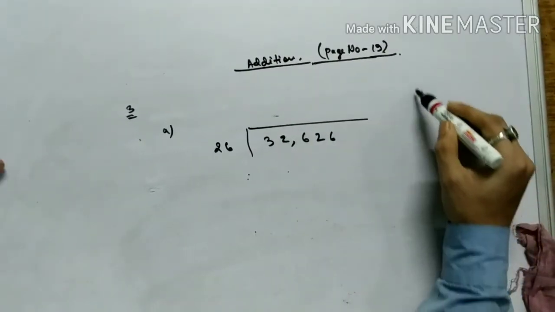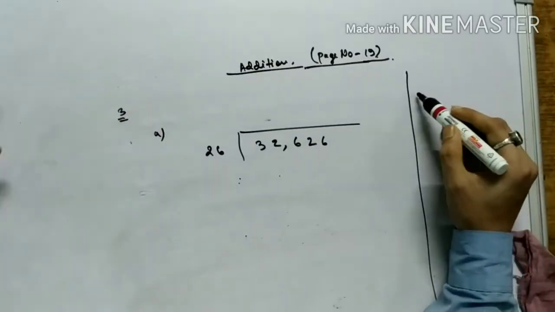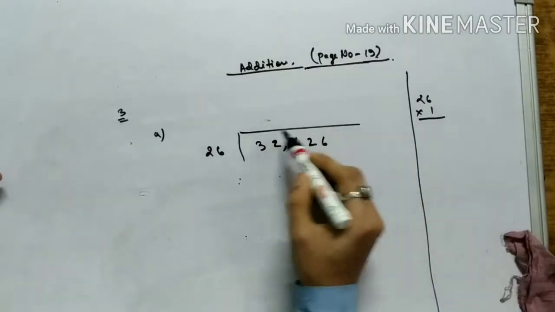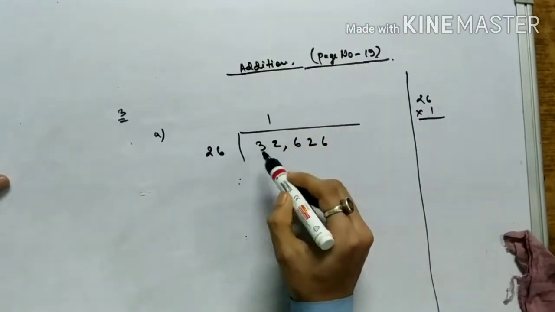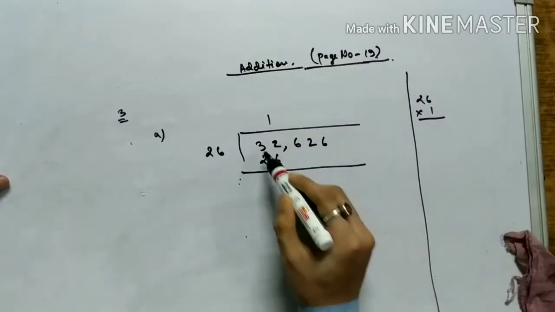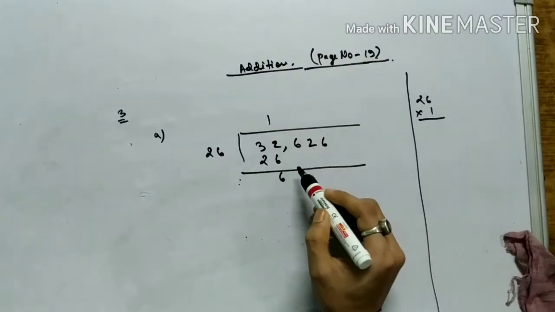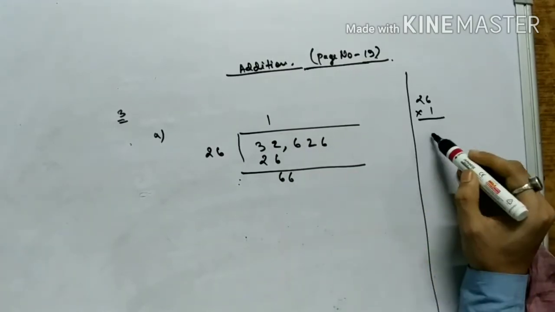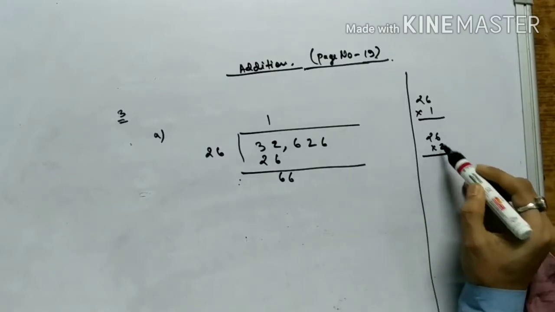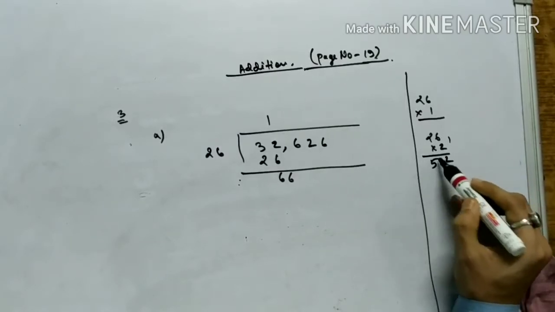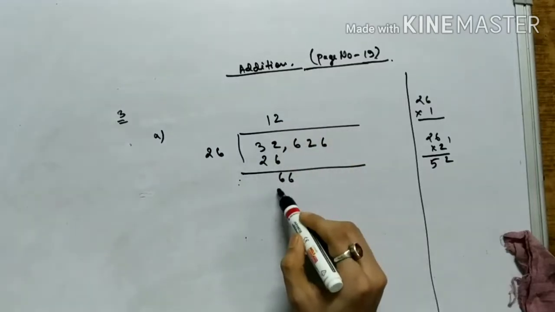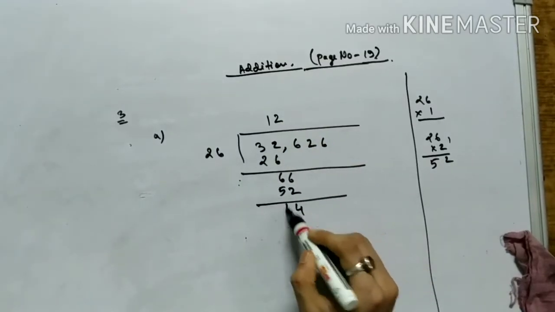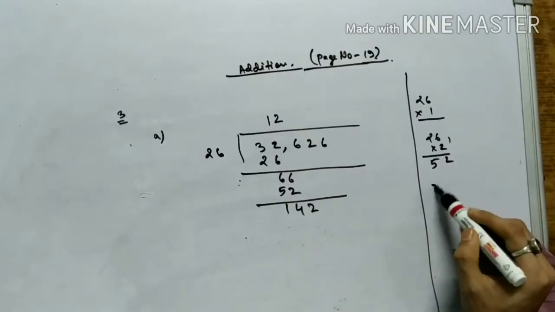So now what I will do, I will check with 26 into 1. Yes, 26 ones are 26. This is 32 minus 26, I will get 6, and then this 6 will come down. Next again 26 into 2, 6 2s are 12, 2 2s are 4, 5. So 26 2s are 52. And this is 62 minus 52, it is 10, and this is 2. 26